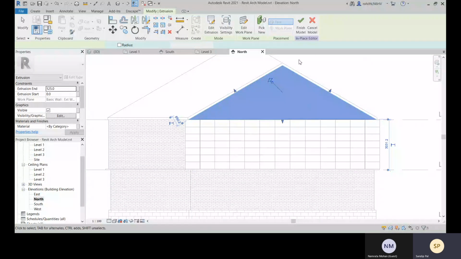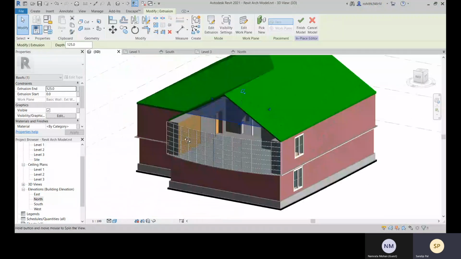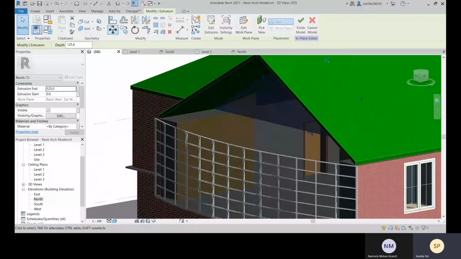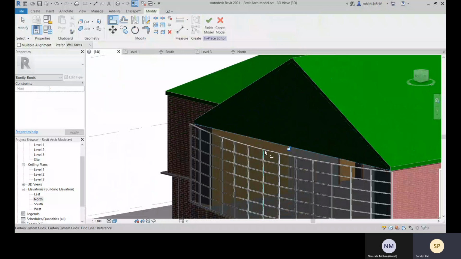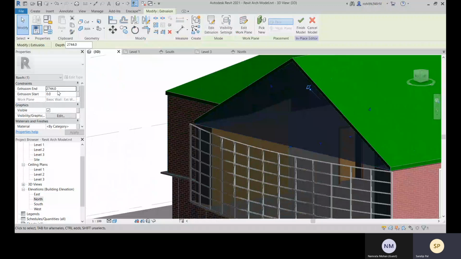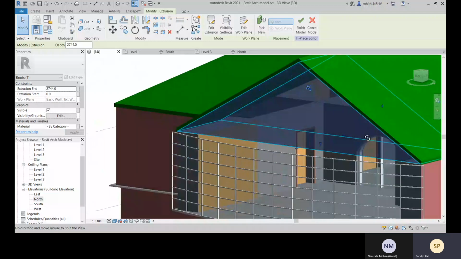Okay, after creating this you can come to 3D. Yes, as I was expecting. Okay, what you can do is you can align it. After that you can come to align, and here you can select this surface and this surface, and then select this, and there change this extrusion end.